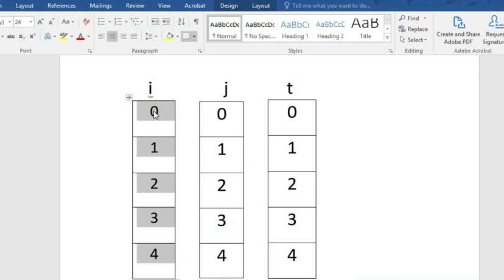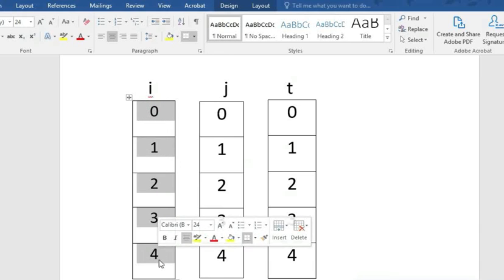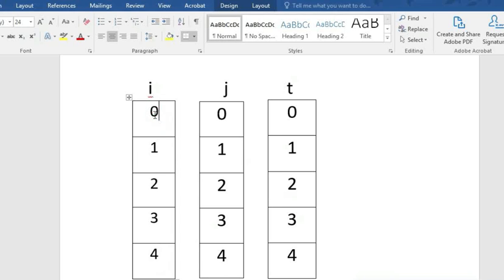The array index is I: zeroth element, first element, second element, third element, fourth element. I have inputted 5 elements in the corresponding array positions. Now how can I check the duplicates? You can see here that I have taken 3 variables I, J and T. I shall iterate the array with the I variable.